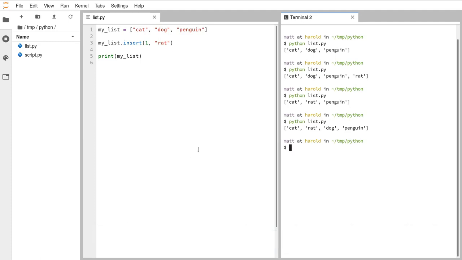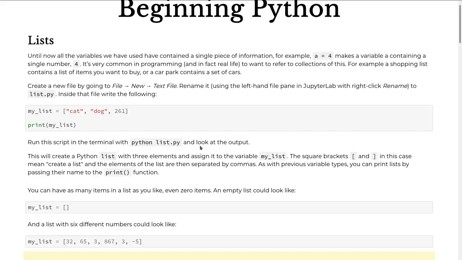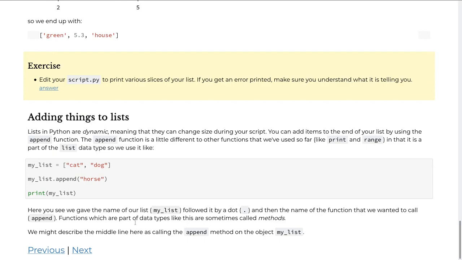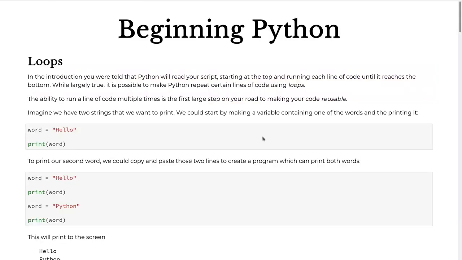So hopefully everyone's okay with lists. We can loop over them, we can grab items out, we can change things to do with them by appending to the end, and as we saw there, overwriting or inserting. So after the list section, we are on loops. So hopefully as we go through this, Olivia, I will explain the answer to your question,